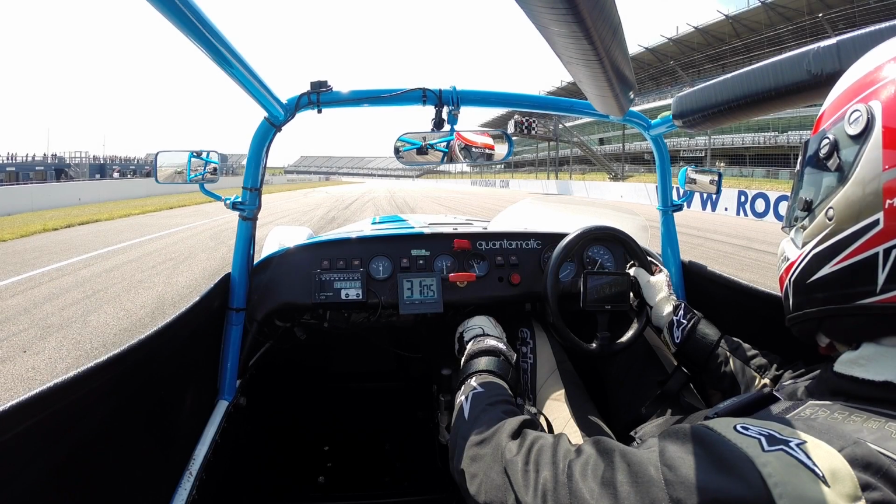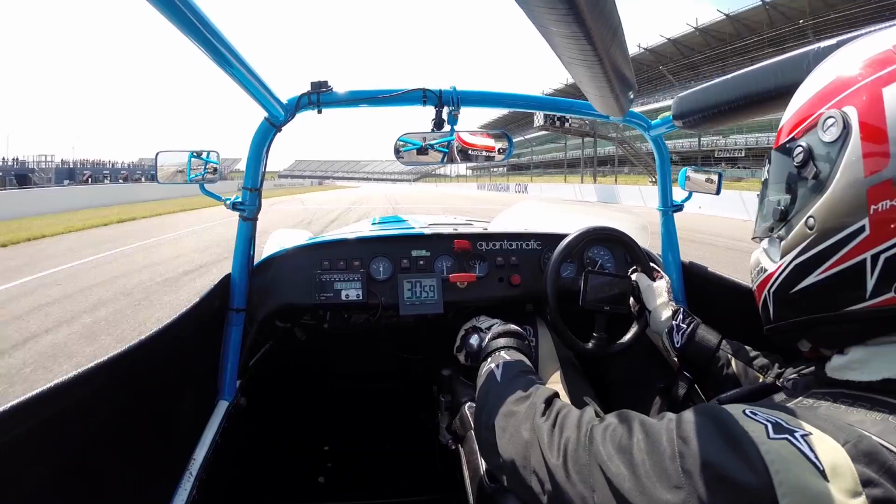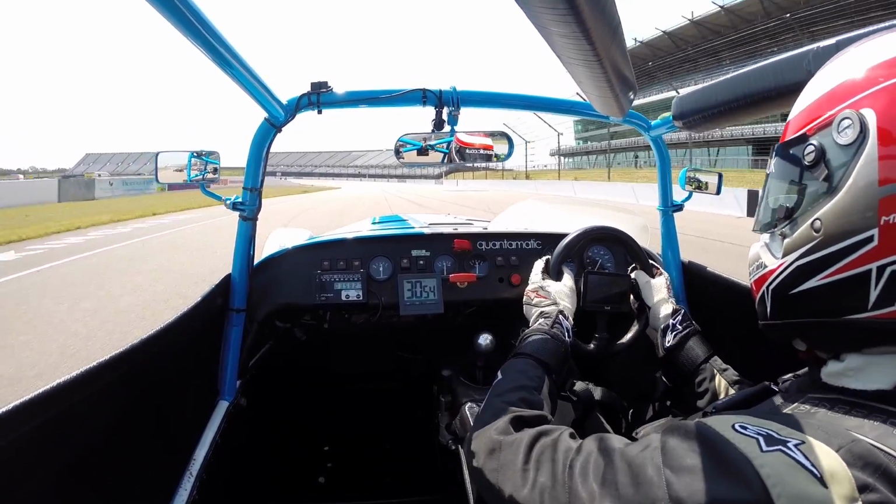An eye on the likes of Robinson, Mortimer, and then we have, of course, 85 Richards and the number 10 of Johnson. The 5-second board has gone up, the lights are on, wait for it, go! Great start from Mike Hart, it's a beautiful textbook getaway out in front of Matt Dyer, who is jostling in